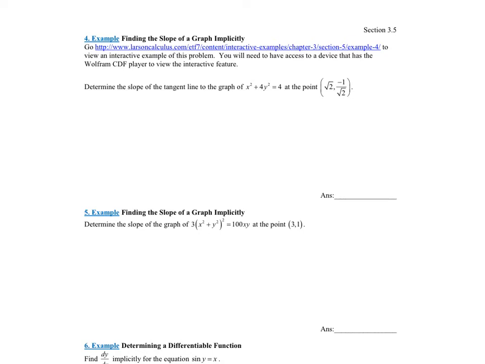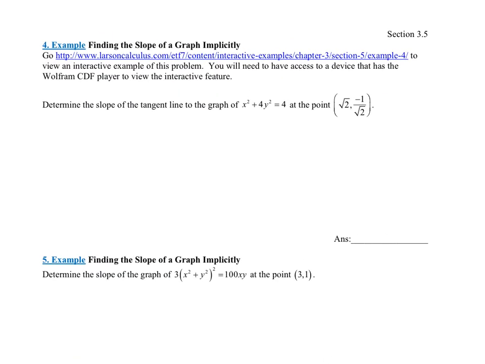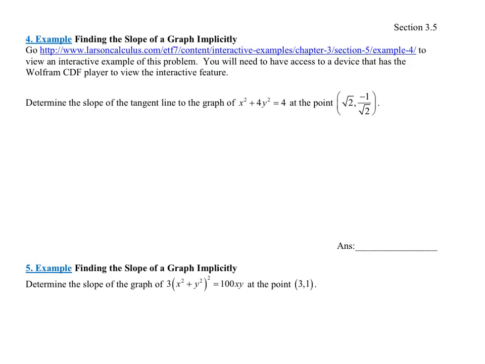Okay, let's go on to the next example. Example 4 says finding the slope of a graph implicitly. So remember, a derivative is the slope of the graph. So if it says find the slope of the tangent line, all they're asking for, of course, is dy dx, except notice they're asking it at a point square root 2, and then the y value is -1 over root